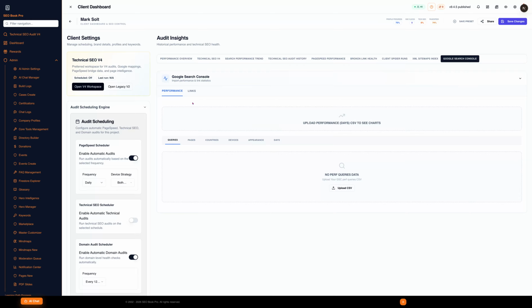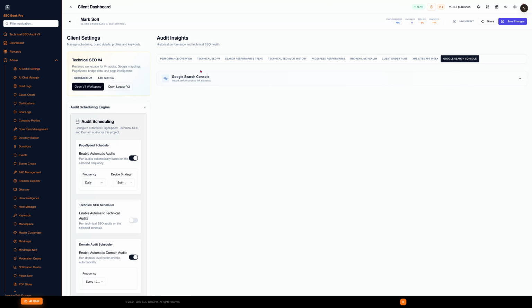And when you do this, the Google Analytics and Google Search Console are connected together, and this will be merged and